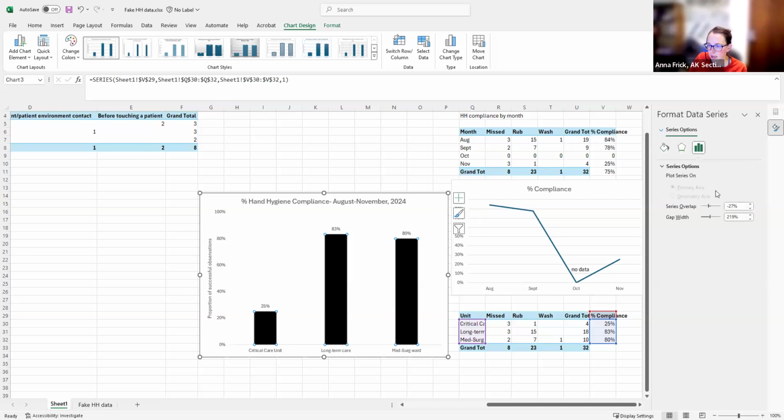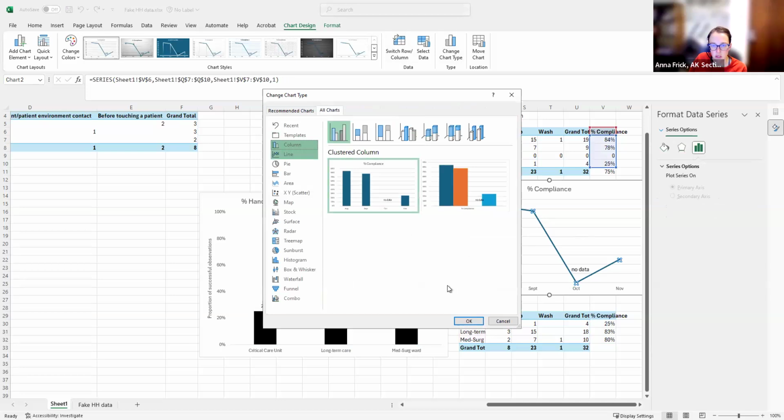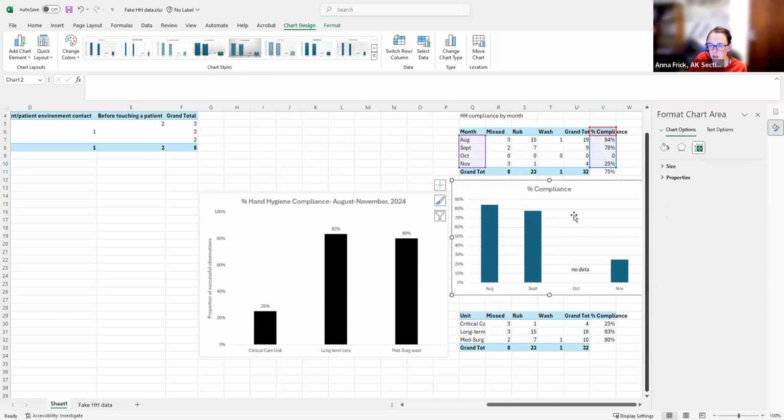If I changed this one to a column chart, in this case, because these times become really close together, it's not appropriate to have giant gaps between them.